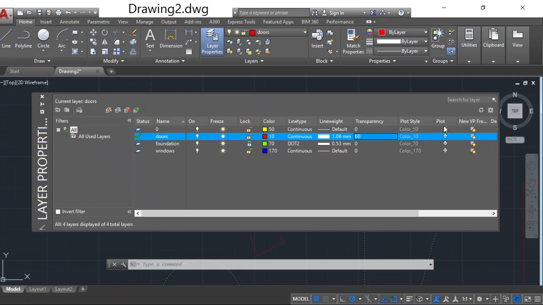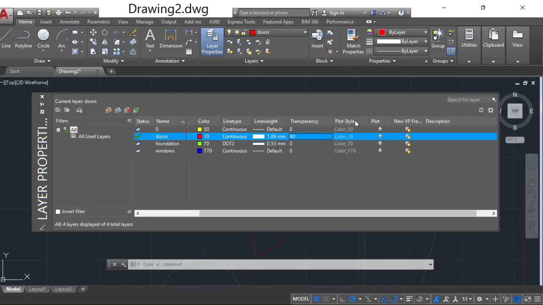Next, another important property is the plot. You can observe here a printer symbol is there. If you click on this particular layer, you can observe a stop symbol is there on the printer, which means that particular layer is not printing in the print preview or on the print.